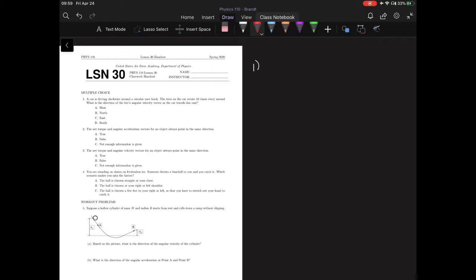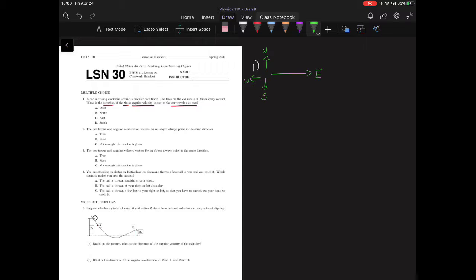So the important parts of this problem are actually that the car is traveling due east, and we're looking for the direction of the angular velocity of the tire here. So if we have our car that is traveling down the road, we are traveling east. If we are looking top down on this car, that means that we have north, south, and west there, also just to give us a little bit more understanding of what directions that we're going. So if the car is traveling east,